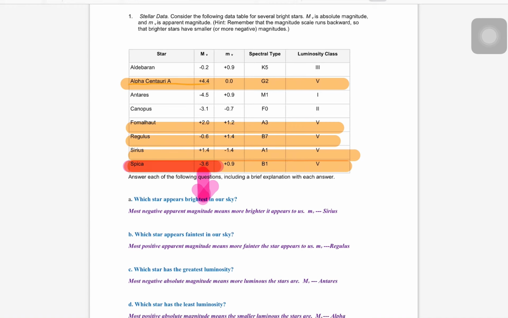I'll just write down a note. The most negative MV, or absolute magnitude, means more luminous,